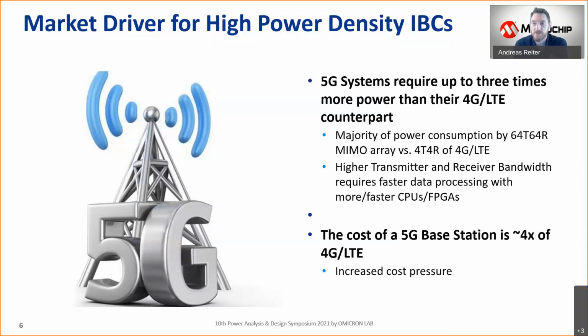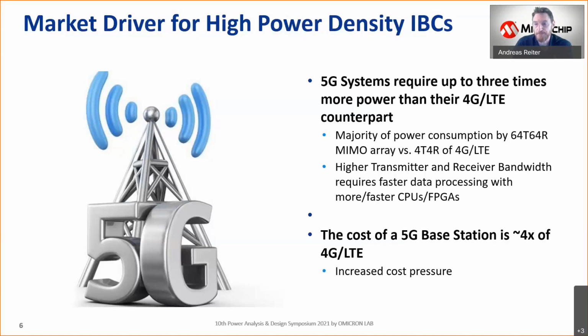So a lot of CPU and FPGA systems are integrated that take care of the signal decoding, encryption, and whatever. So the higher demand in power and the more systems we need does not necessarily mean that we have more space. These systems are usually getting more and more cramped, increasing significantly the demand for higher power density power converter